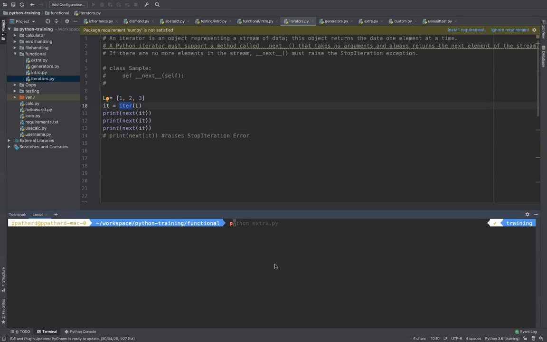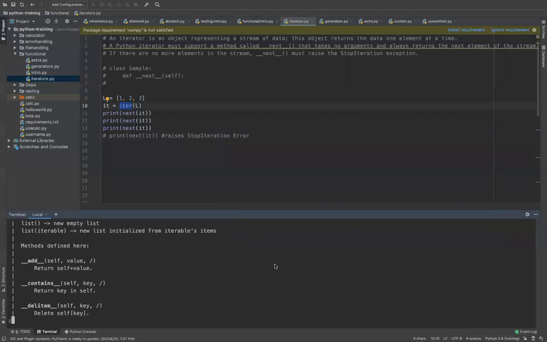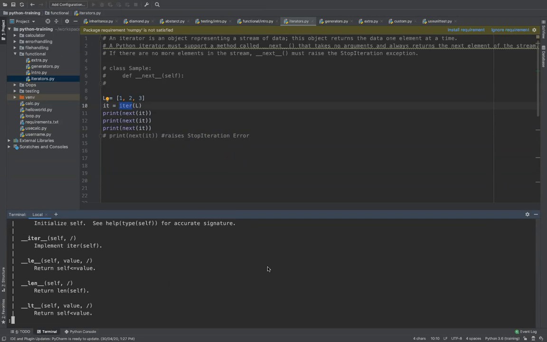Just a minute, let me show you. Python help of list. If you do this, there is a functionality that is implemented called double underscore iter double underscore, that is dunder iter.